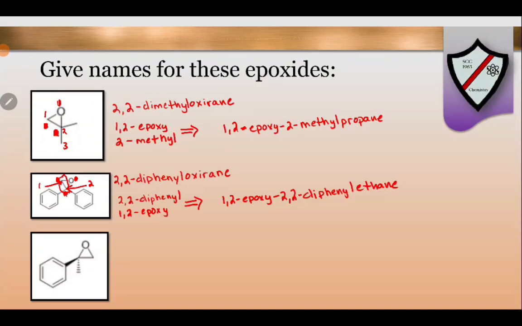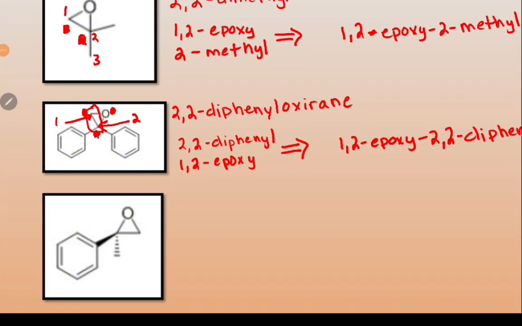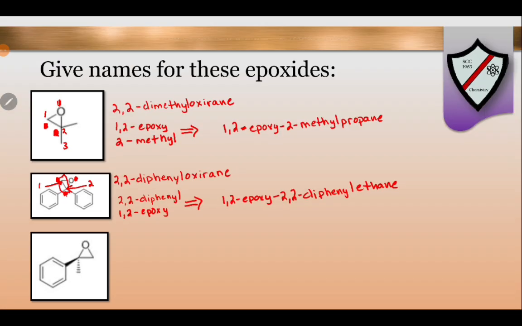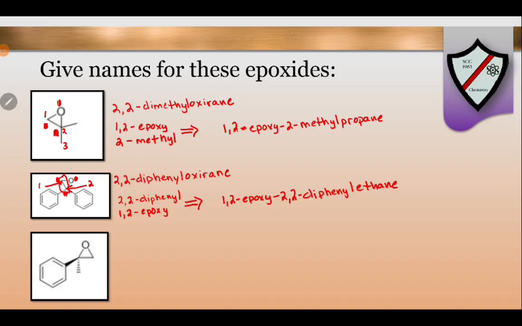Moving on to the last example, we are going to try to name our molecule down here both as a substituted oxirane and as an alkyl chain, but this time, we see there is some stereochemistry involved. So the first thing I may do is try to figure out what the stereochemistry of this molecule comes out to, whether it's R or S. And if I'm doing that, then I may want to come over here in the side